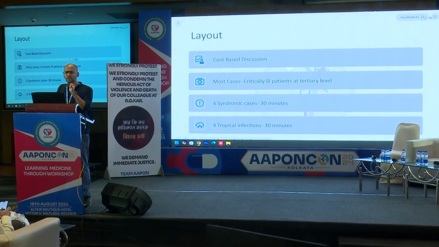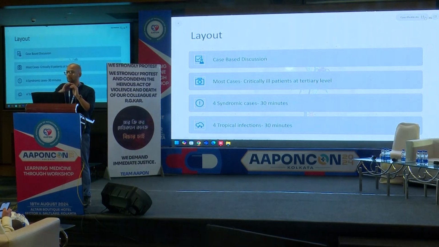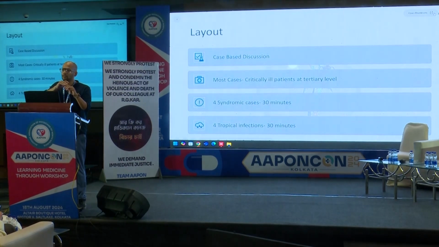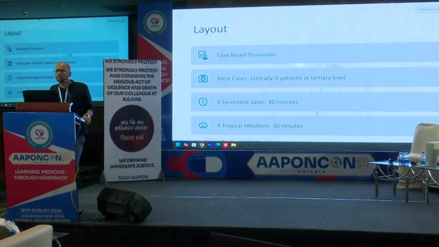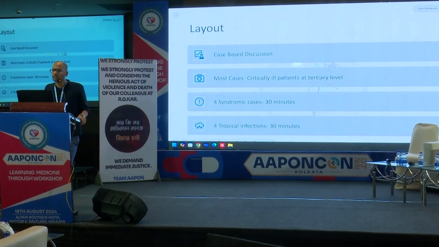So the layout is that this is going to be a case-based discussion, and most of the cases are patients who are critically ill who present to tertiary care settings. The antimicrobial resistance status in India is such that there are no clear-cut guidelines for a lot of these cases. So I'll try and take you through the thought processes that go behind choosing an antibiotic in such patients. There isn't a right or a wrong answer,